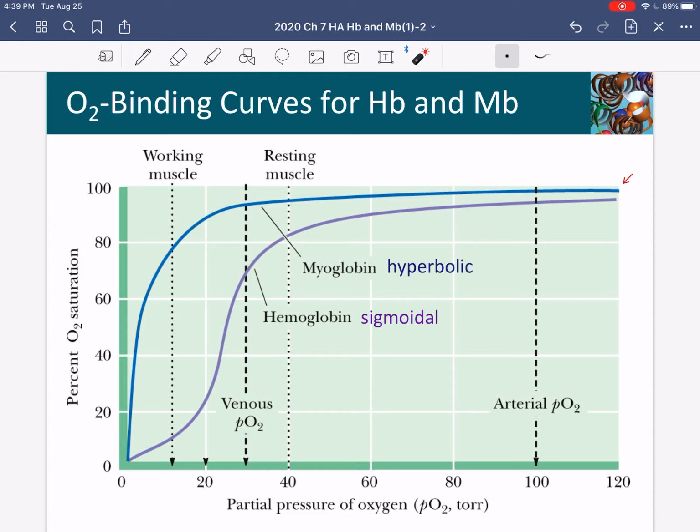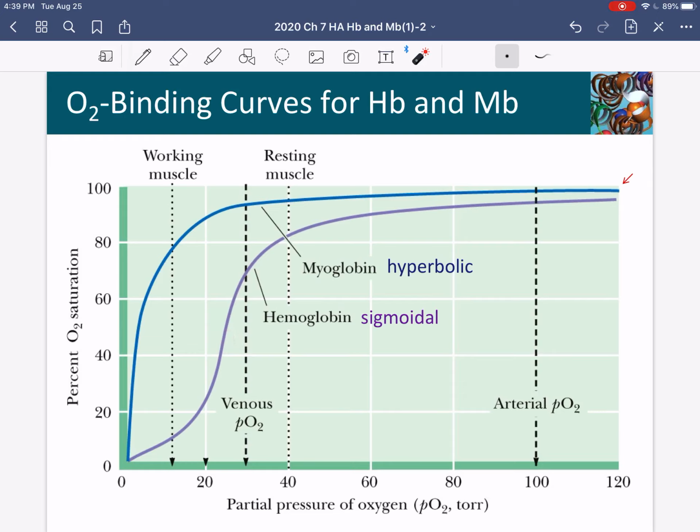Hemoglobin's job is different. Hemoglobin picks up oxygen at the lung artery interface at about 100 torr, and then it starts to deliver your oxygen at the vein capillary interface, right about 30 torr. So this is still where you're resting. You're not fighting or fleeing. This dotted line indicates the oxygen concentration at the tissue vein interface, where those capillaries meet up with the tissue and start to feed your tissue oxygen. And so hemoglobin needs to let go of the oxygen, and that's what it's doing.